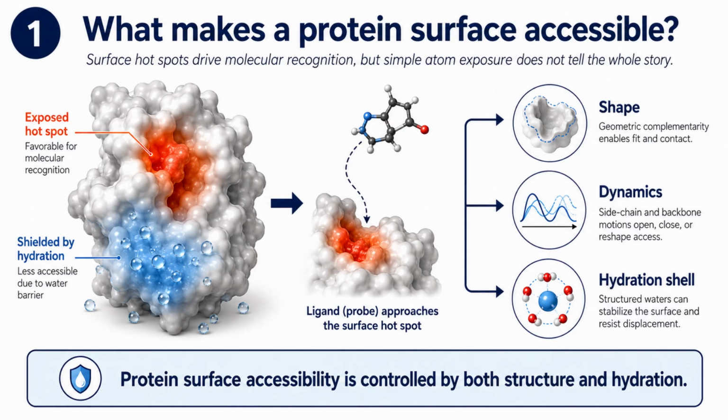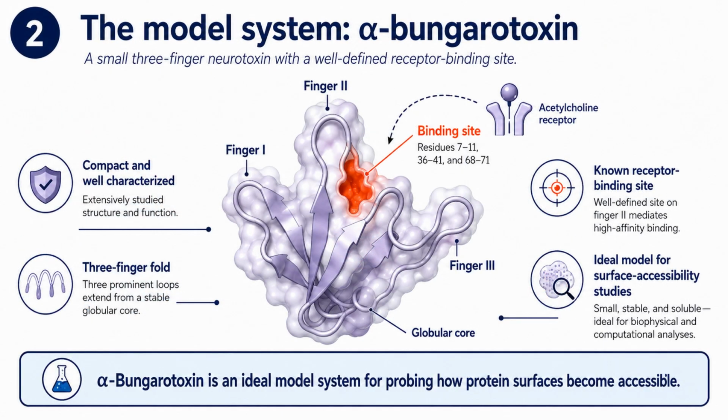that surround the protein? To test this idea, the study used α-bungarotoxin as a model system. Alpha-bungarotoxin is a small, well-characterized neurotoxin with a 3-finger fold and a known receptor binding site. Because its structure and binding surface were already known, it was an ideal system to ask how hydration controls molecular